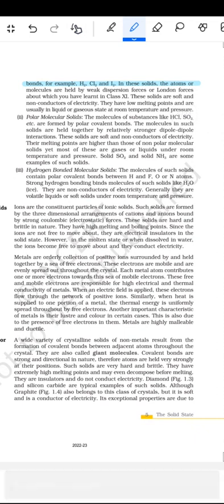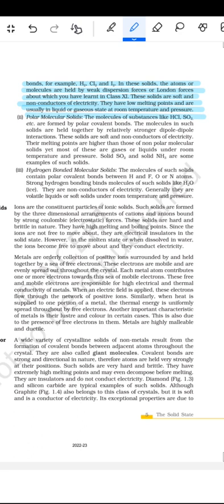In these solids, the atoms or the molecules are held by the weak dispersion forces or the London forces, about which you have learnt in class 11. These solids are soft and non-conductors of electricity. They have low melting point and are usually in the liquid or gaseous state at room temperature and pressure. फिर आता है सेकंड है पोलर मॉलिकुलर सॉलिड्स, तो कहता है कि द मॉलिक्यूल्स ऑफ द सब्सटेंसेस लाइक